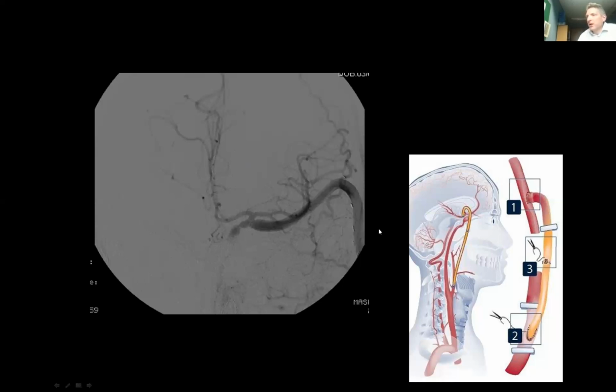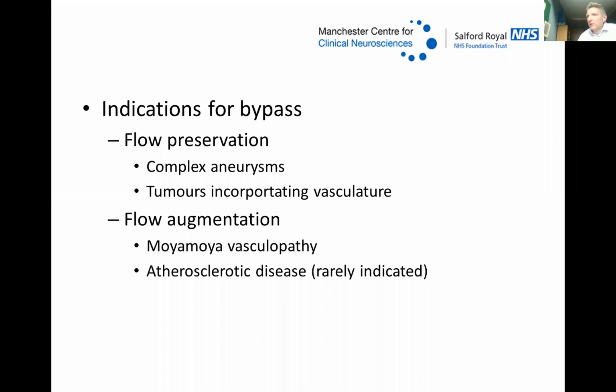So in terms of indications for bypass, which is what we started with, one option is flow preservation, and that is in the case of complex aneurysms, such as this patient, or occasionally for tumours incorporating the proximal vasculature. So you might do it for a skull-based tumour that requires surgery, but it's encasing the carotid, and you can't treat the tumour adequately without affecting the carotid,